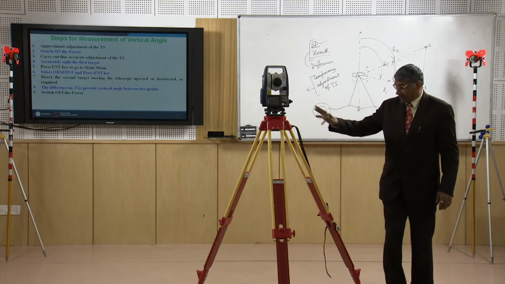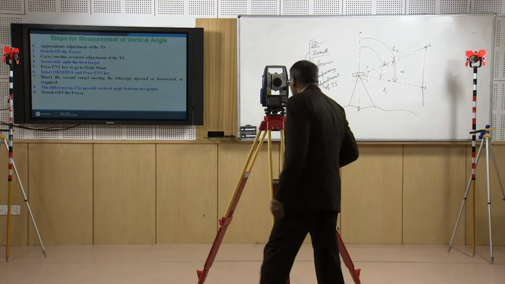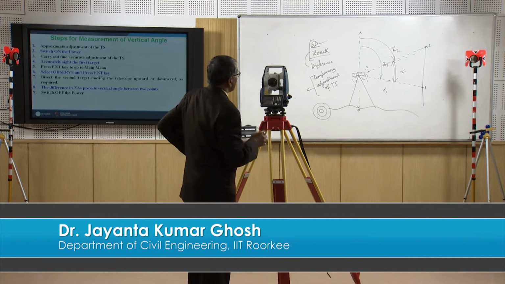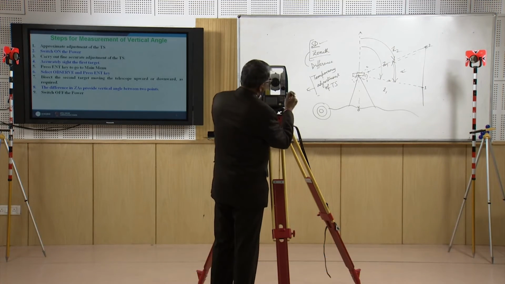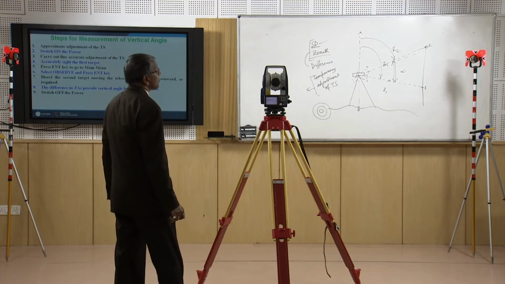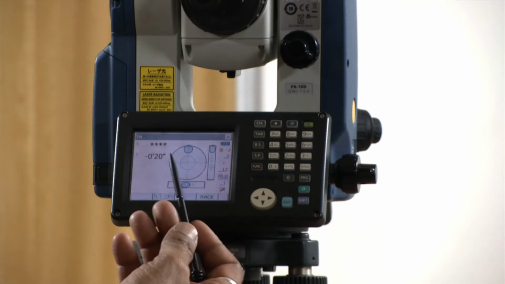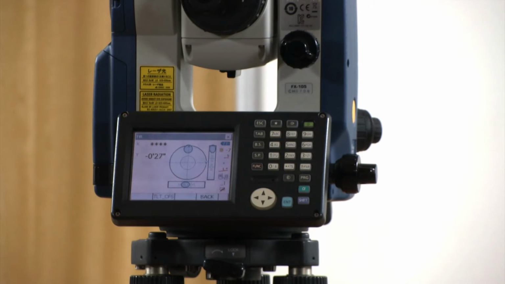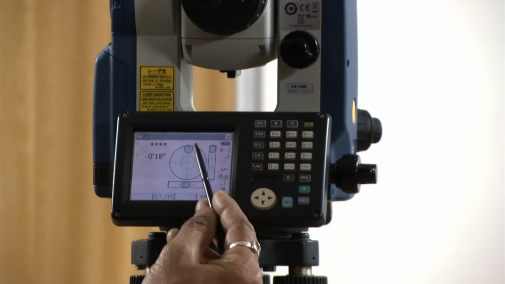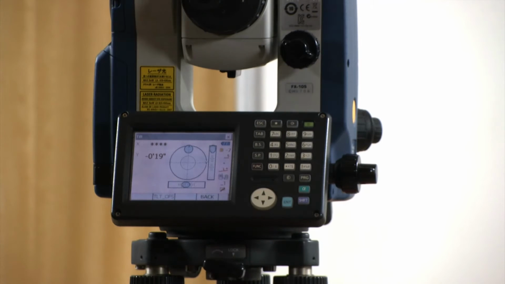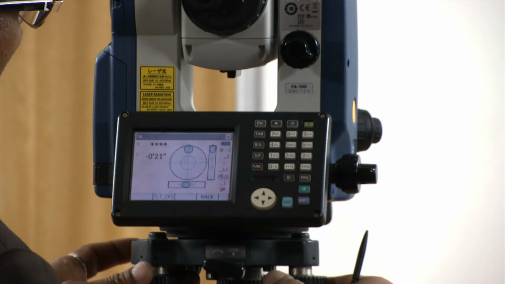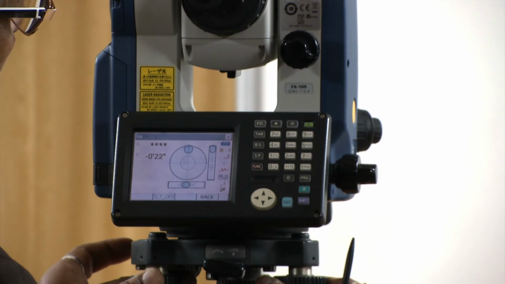Now after that, approximate leveling and centering has been done, now we have to do precise centering and leveling. In doing that, we first have to power on, as I have already done in our previous classes. From there, this provides us the indication whether the cross bubble in the x direction and y direction are in the middle or not. So here I can find that the cross bubble in y direction is okay. So there is only a very little adjustment we need to do.